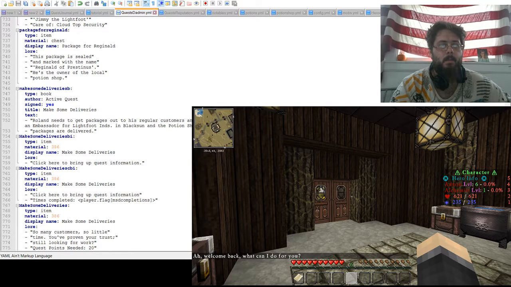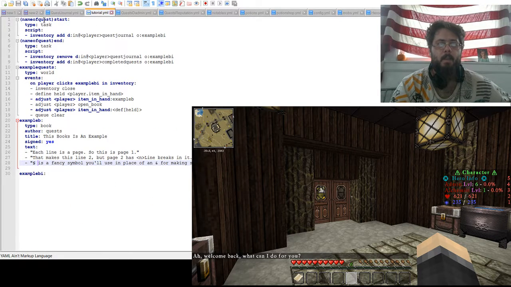That's it. So just to quickly go over it one more time, you make your task script, name of quest, proper book item. Same thing with here. Remove that book item, move book item over to completed quests. And then over here on the world script, this is how they're going to actually access the item when they click the book item. All you're changing here is the book item and the actual book that is going to be open. And then down here, change the name of the book,